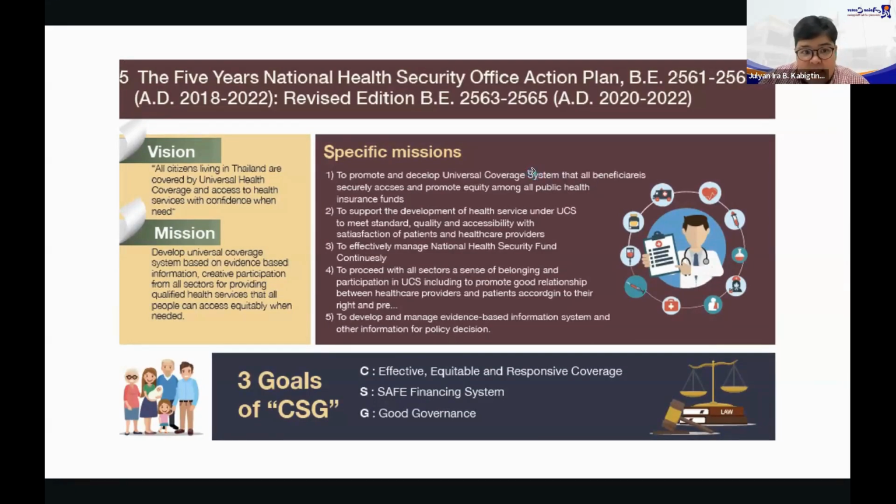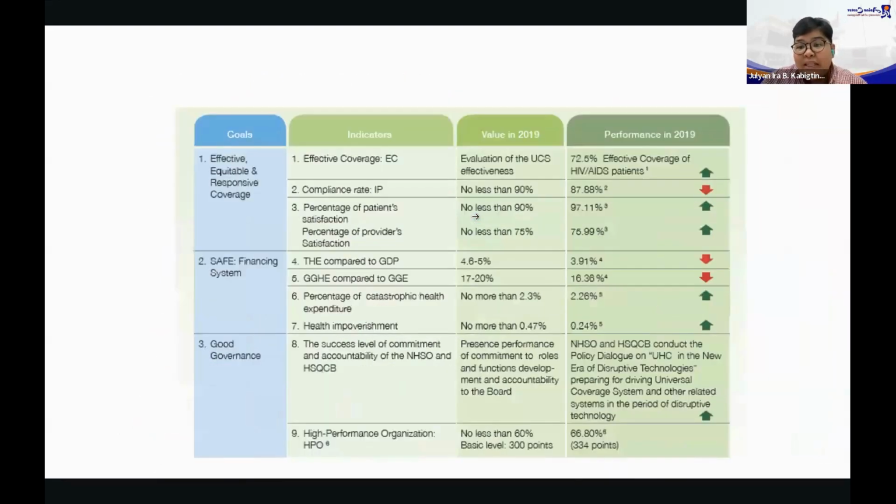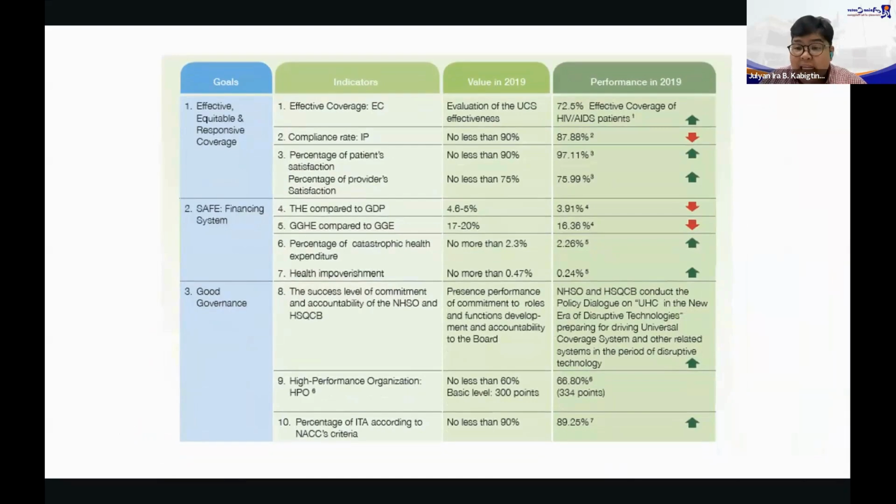This 5-year plan was executed in 2018, and they also had indicators. So the following were the goals, which are divided into three: basically accessibility, financial security, and good governance. In 2019, they already did an initial review of the action plan, and as you can see,